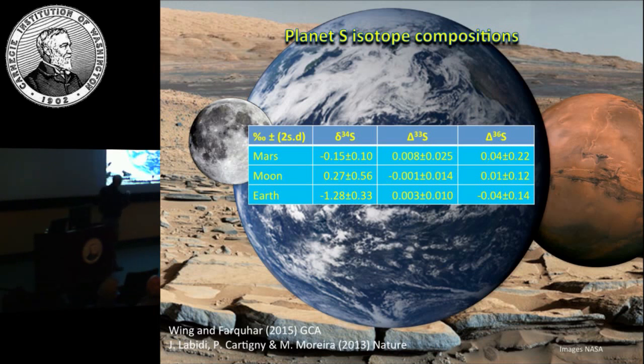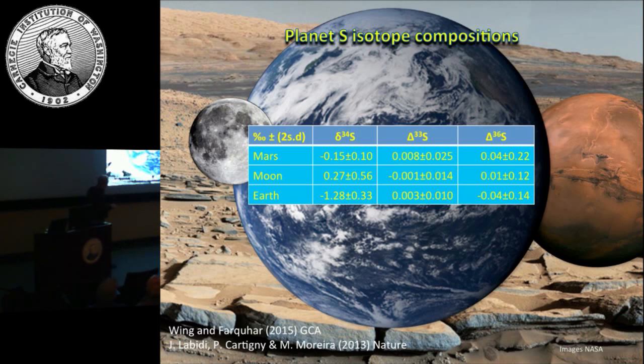Basically, for the silicate parts of planets, you find you have a delta 34S that is negative in both Mars and Earth, and slightly positive in the case of the Moon. This is hypothesized to be probably due to devolatilization of sulfur from the Moon, and then silicate-metal segregation in the Earth and Mars. Gibran did some work where he suggests that this may be a pressure-related effect related to the conditions of the segregation. The key point here is that everything is very, very close to zero for both capital delta 33S and 36S.